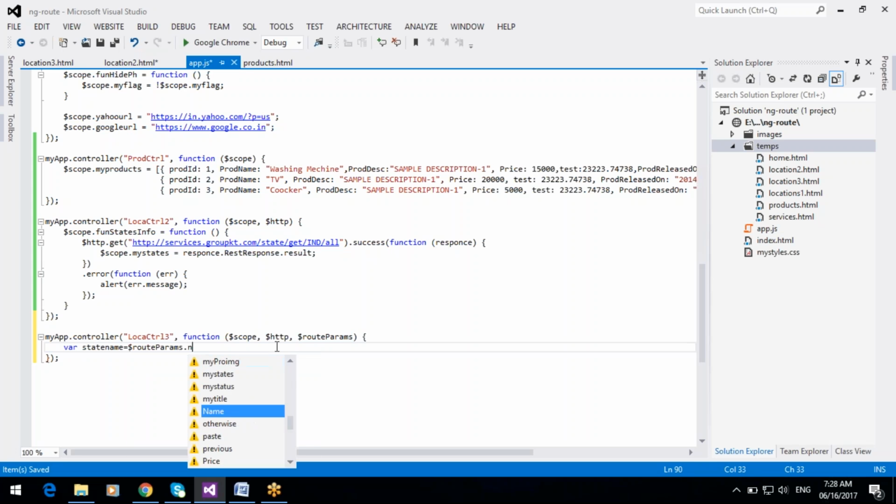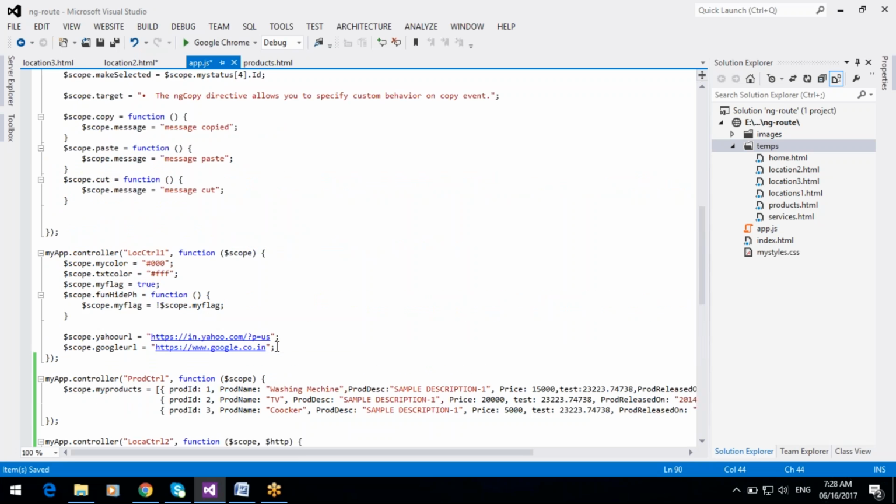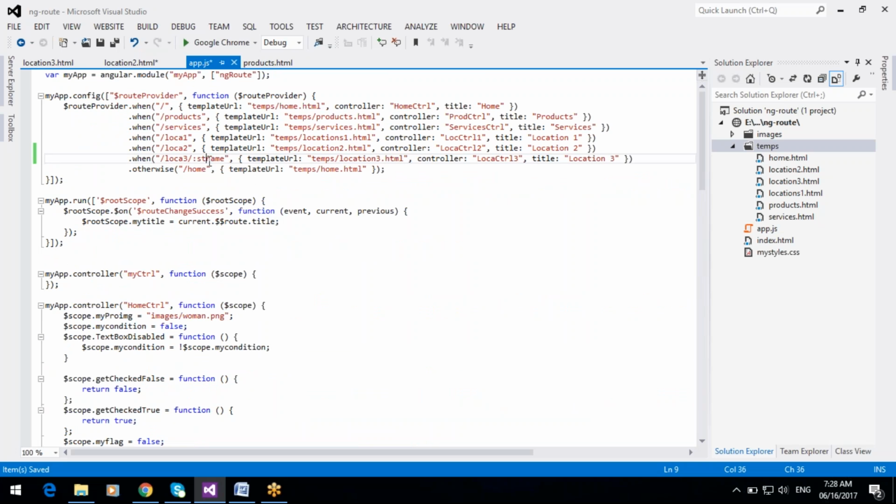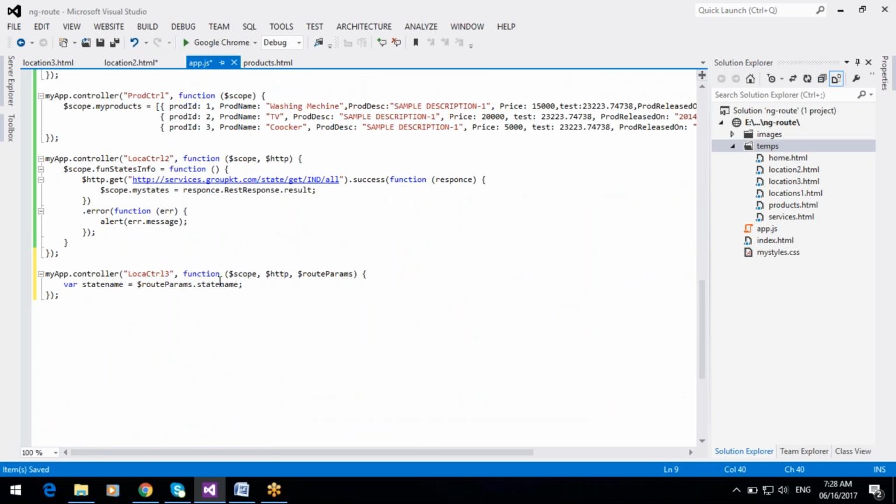Route parameters dot state name, and after that we can use this service.